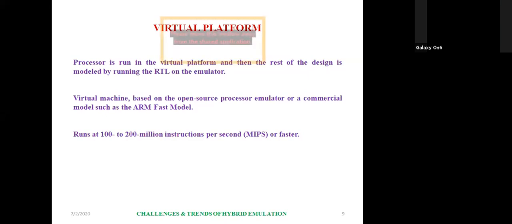So when you see the ARM design start FPGA, you can play with your Vivado 2018.2, where ARM will provide all the design files. You can entirely port the design, and you can make an ARM level SoC prototyping. This also comes under one type of virtual prototyping. Also, you can download that bitstream into your FPGA to enrich your functionality. It runs at 100 to 200 million instructions per second and faster on virtual prototyping.